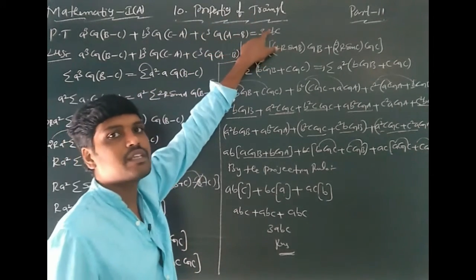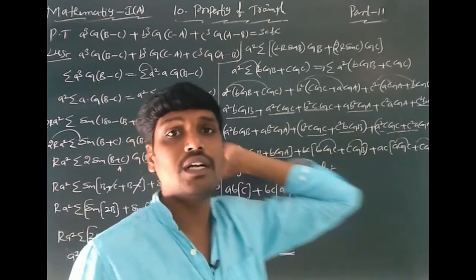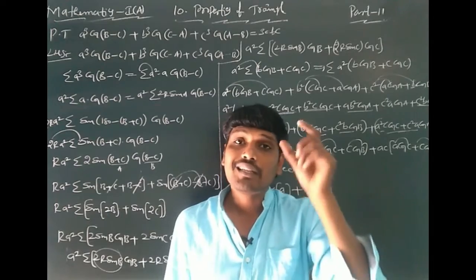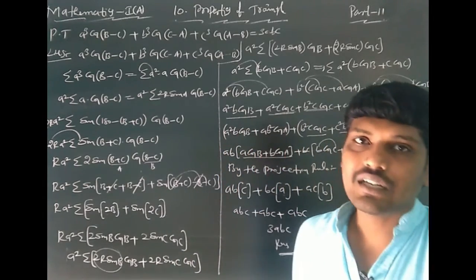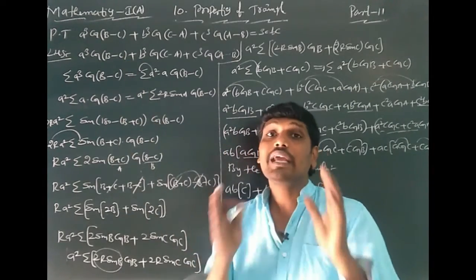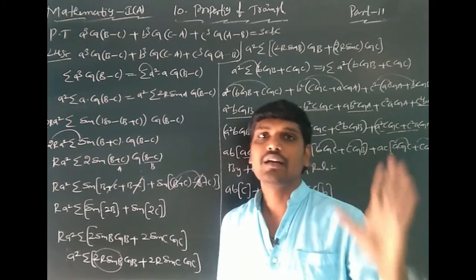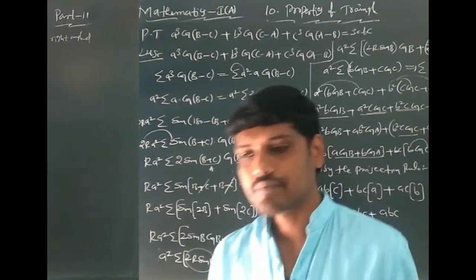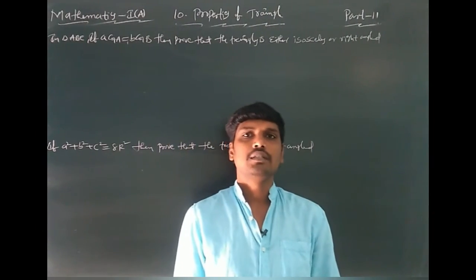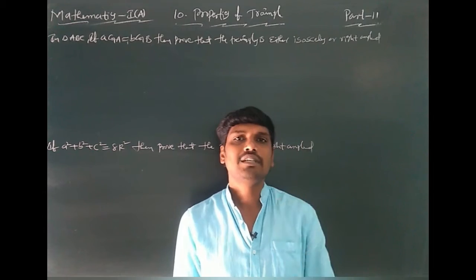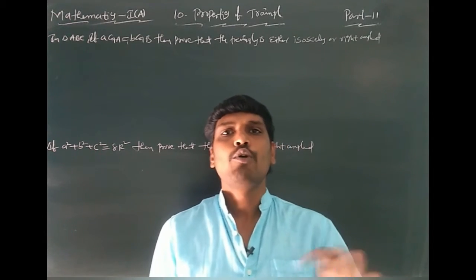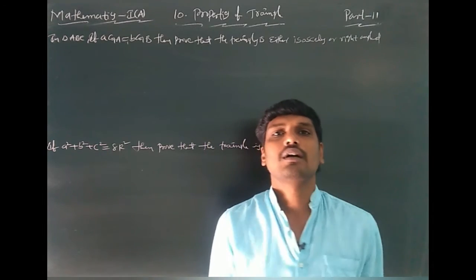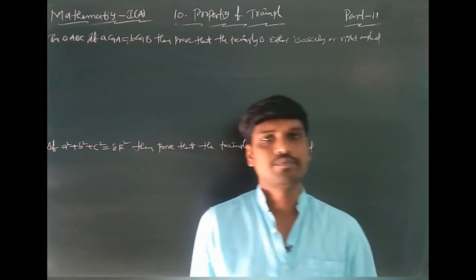What is that RHS? 3 into abc. In this way you can do that. This is a very important 7 marks problem. You can understand it easily if first you read and write the formulas perfectly. Otherwise, this problem is very difficult. Understood? Assignment problems are homework problems. For these assignment problems, some hints are given and some shortcuts are also explained. You can do them using that hint and shortcut. Write everything down clearly in your classwork.